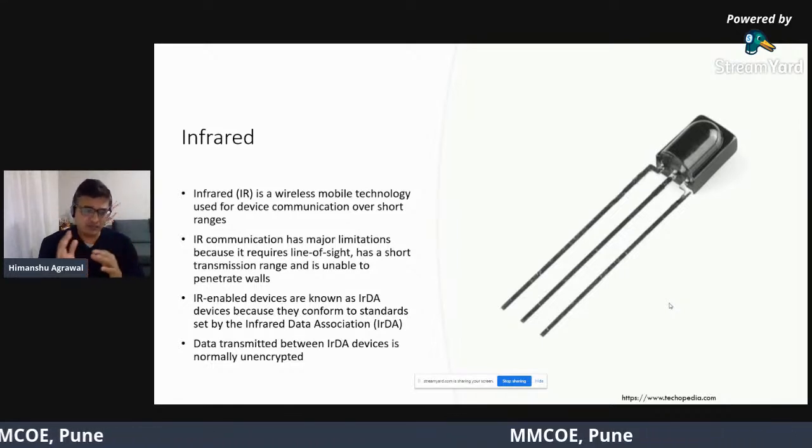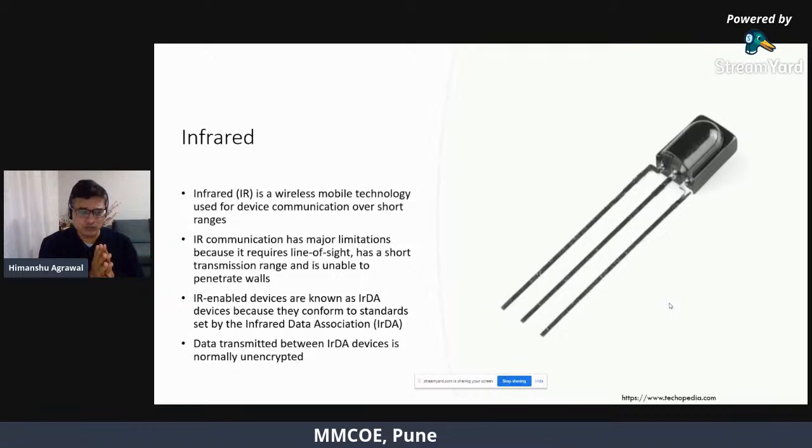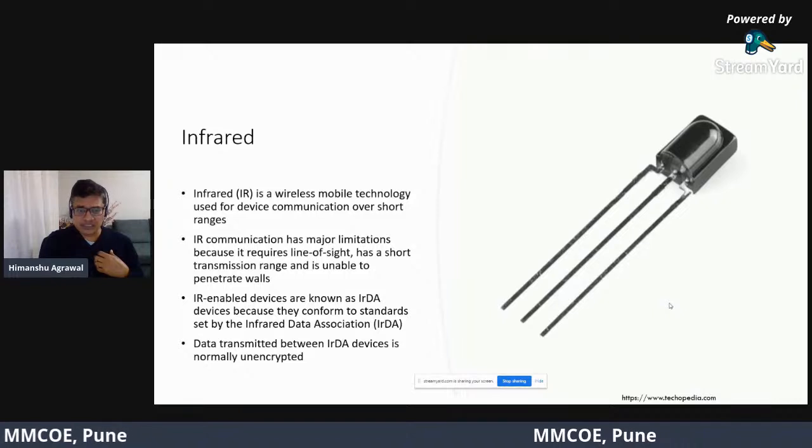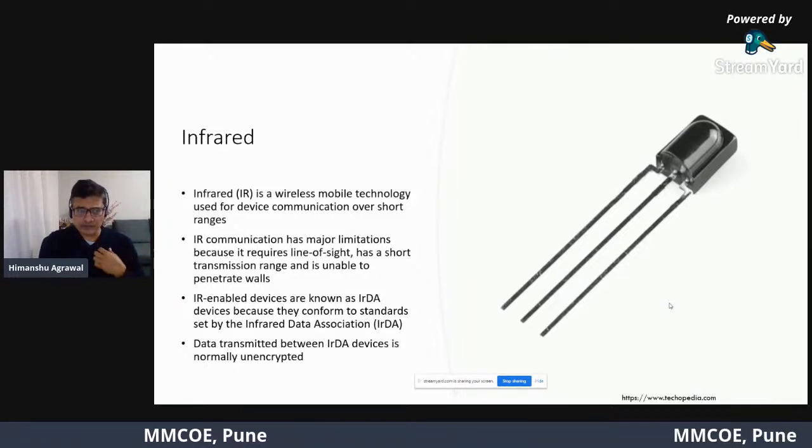So yes, you have got certain limitations if you use IR. And another thing in terms of security aspect, the data transmitted between infrared devices is normally unencrypted. So that part is also not going in favor of infrared.